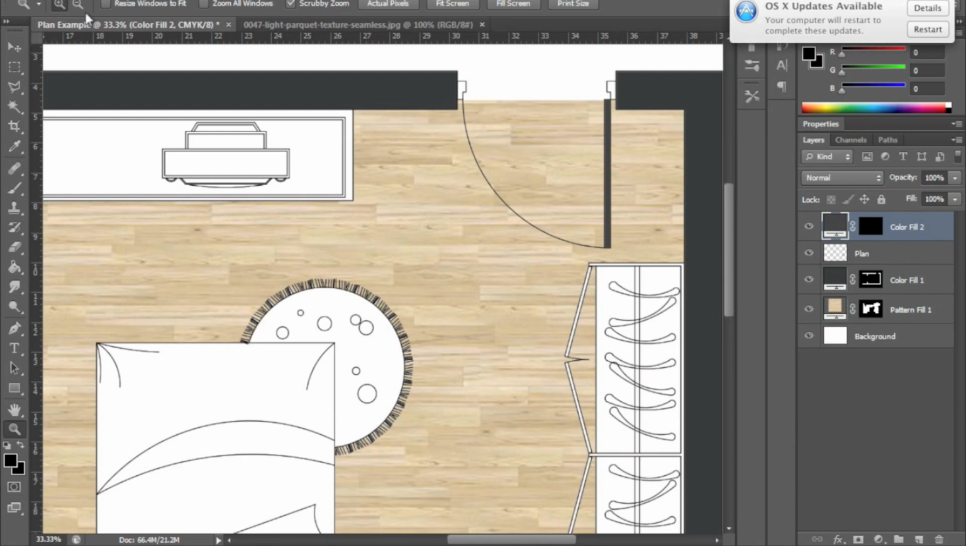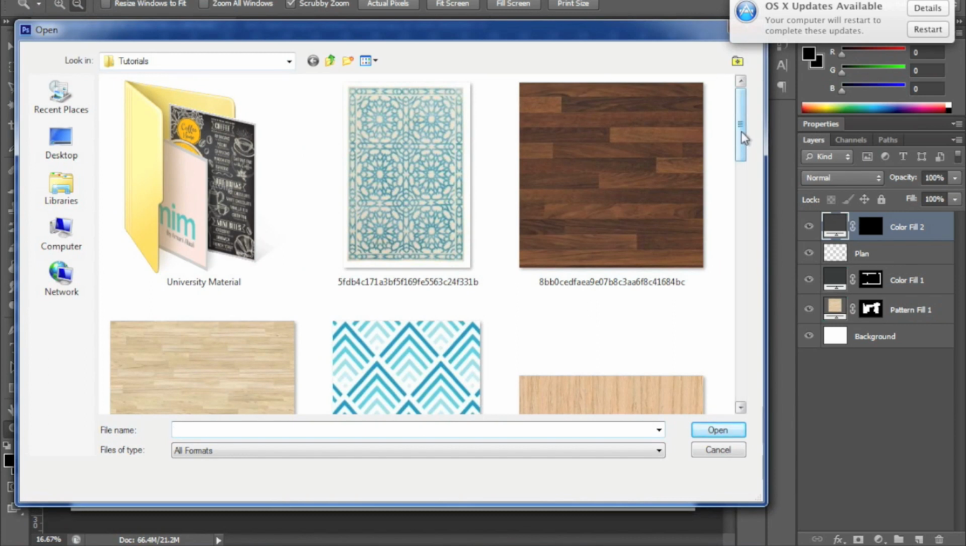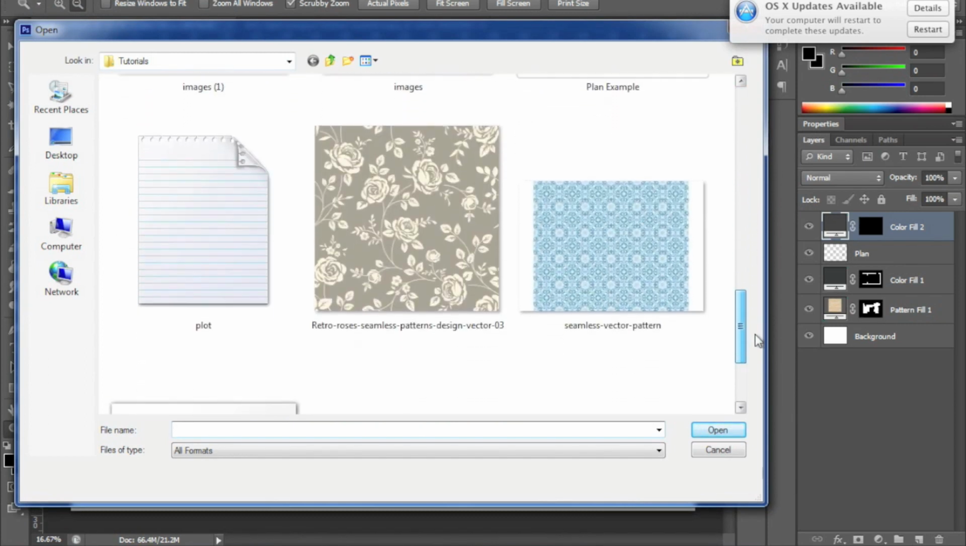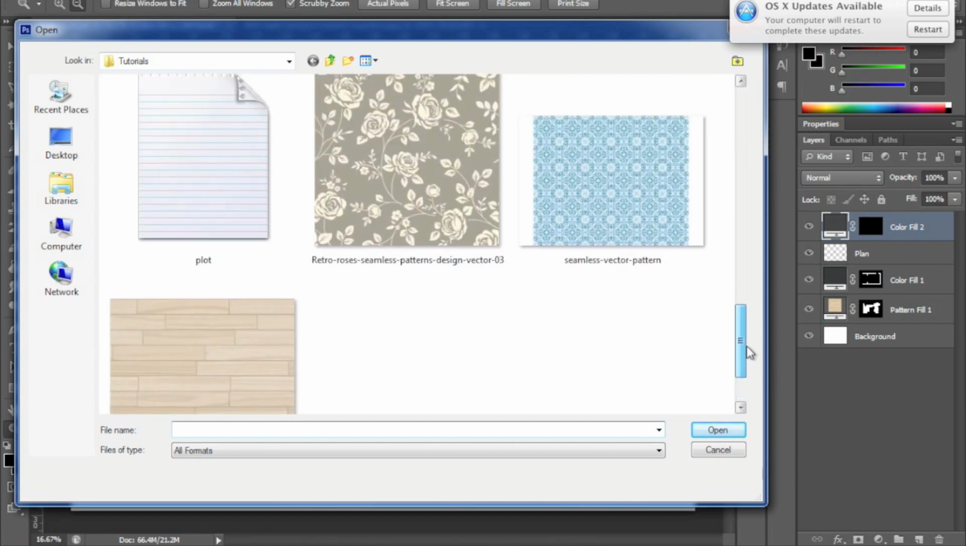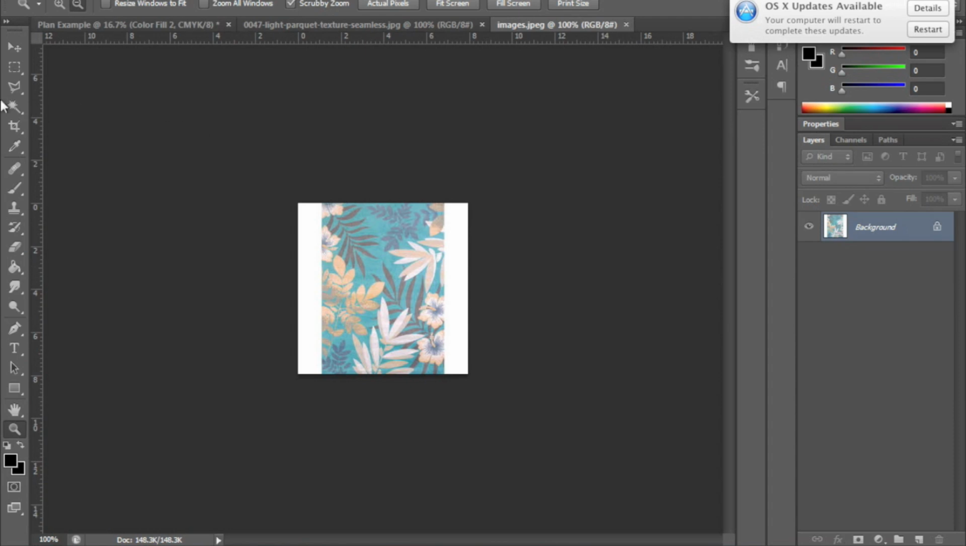The next thing I want to do is add a rug. Let's assume I did this rug in AutoCAD, but I actually don't like it now and I want to add something else. So I can go to Google again, choose a rug that I like, then I can go to File, Open, and I chose a few rugs, so go through them. For example, I want this rug. This looks nice. I'll press on it,